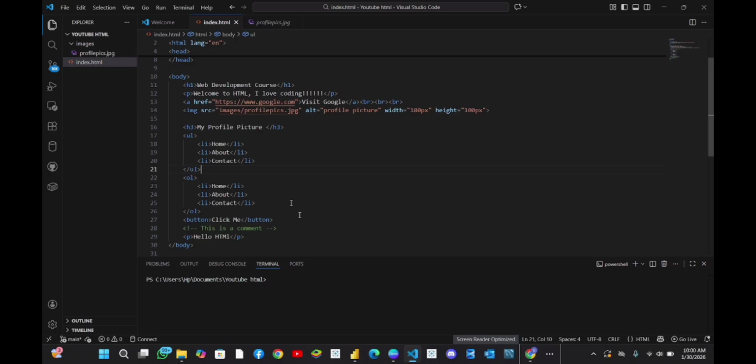The next thing we did was to add lists, and each list item uses the li tag. So we created an unordered list and we created an ordered list, right? So the next thing we did was